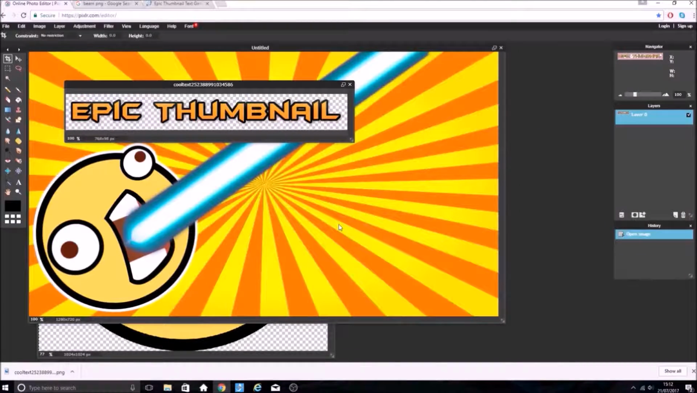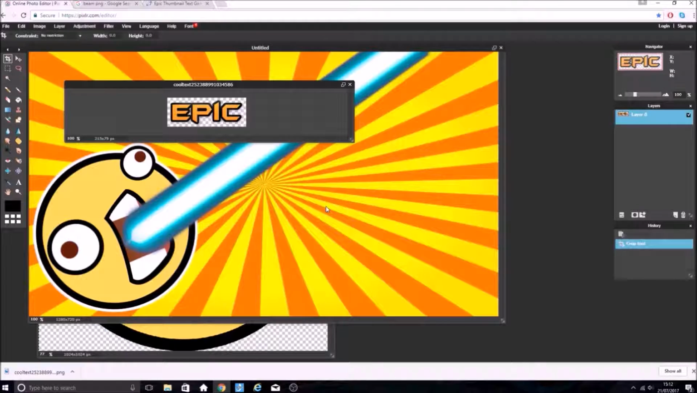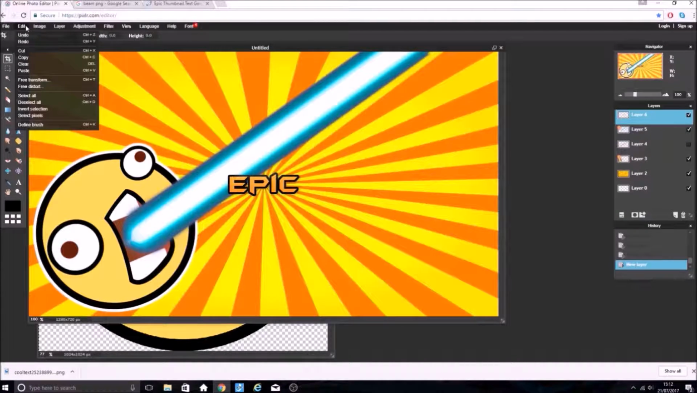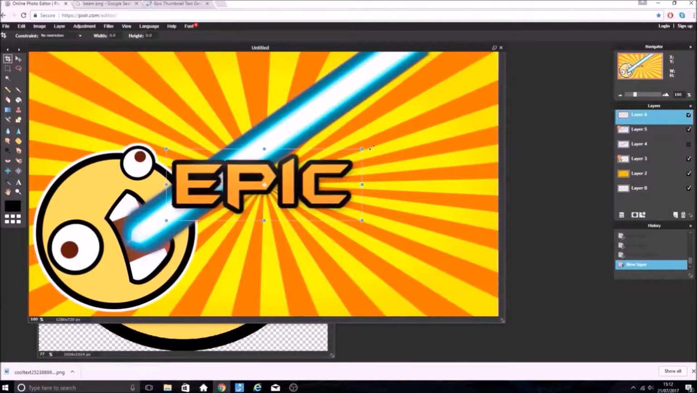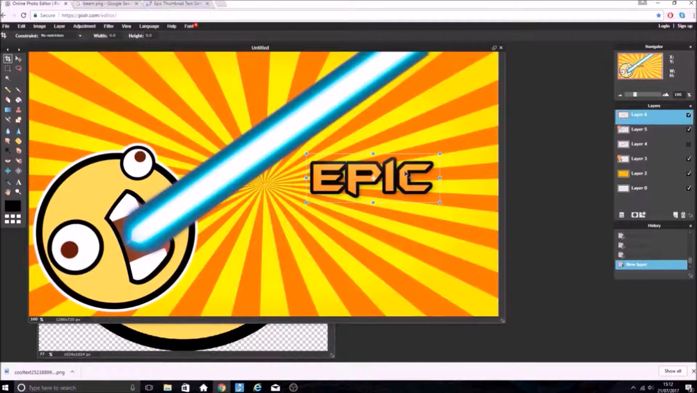If you don't want them to be side by side, this is a cool thing here. Left click, drag, make sure you get all of the Epic, so it's like that. Left click onto this here, which is crop, and when it says apply change, press yes. Then Control A, Control C, then Control V, edit, free transformation. Remember to hold shift when you move these, so it keeps the ratio. Then put Epic there, and then do file,